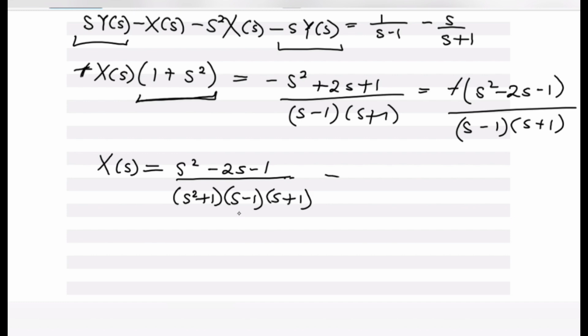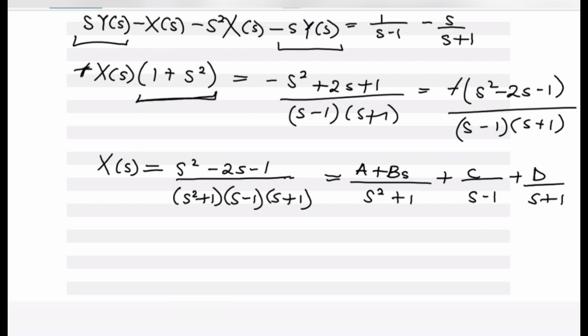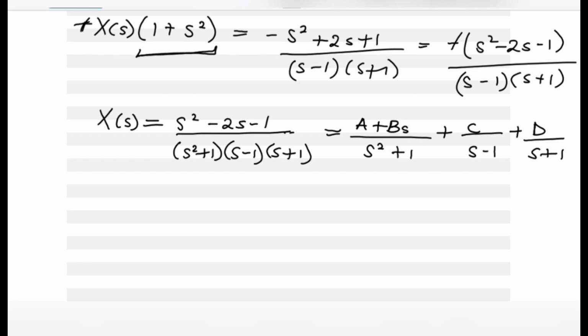And as we saw for Y, we want it to be in this form: a plus bs all over s squared plus 1, plus c over s minus 1, plus d over s plus 1. Then, just as we did for the previous step, we have that s squared minus 2s minus 1 is simply equal to